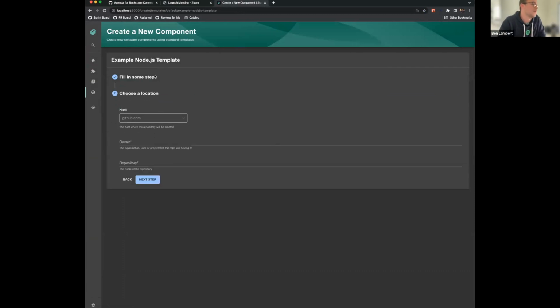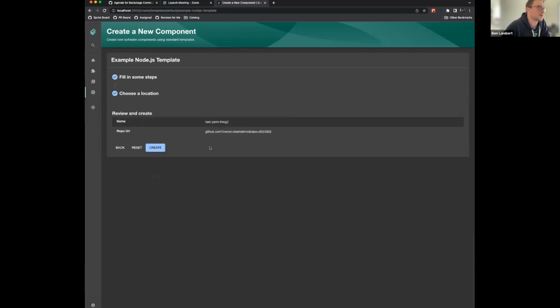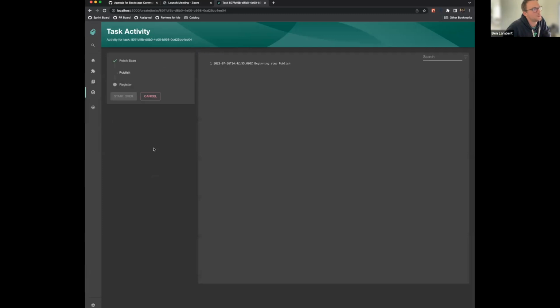And we go next, and then we get the repo picker. So this is the custom React component that we've built and ship out of the box, but you can provide your own. You can see here we've got multiple inputs that generate one value. So we're going to GitHub. I'm just going to type in my demo organization and then some repository name that hopefully has not been taken before. We click next, we get to review this, and then once we click create it's going to run through